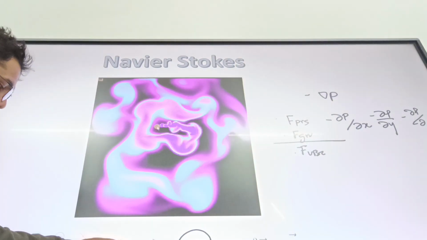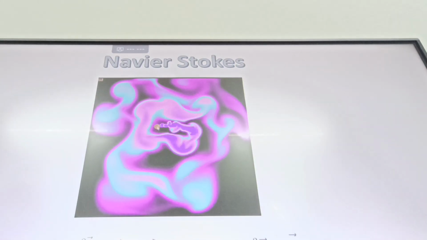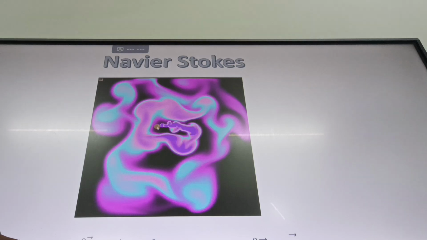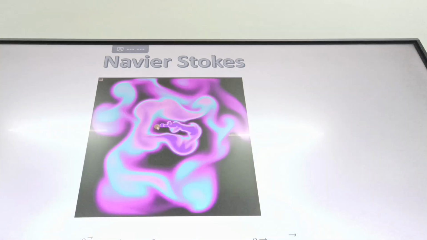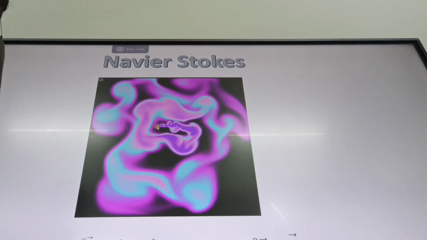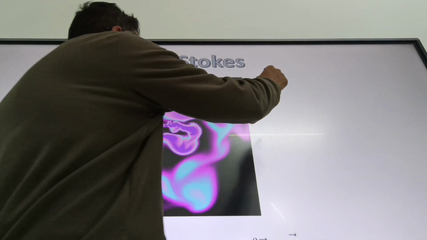We derived this part. Do you remember how we derived it? We have introduced a special derivative instead of